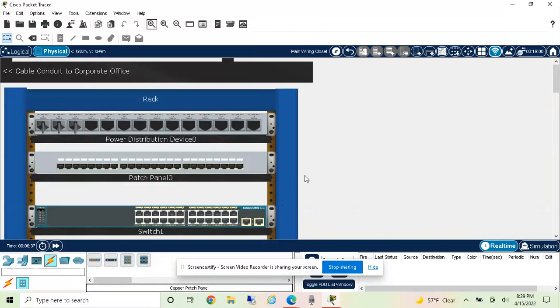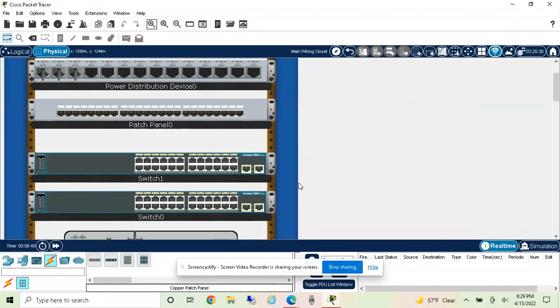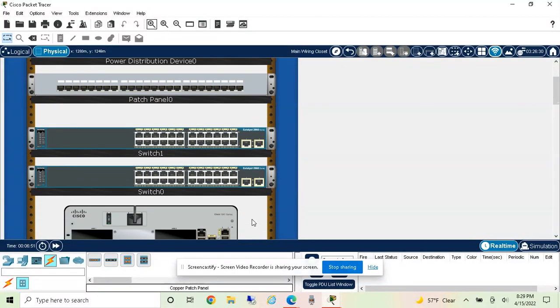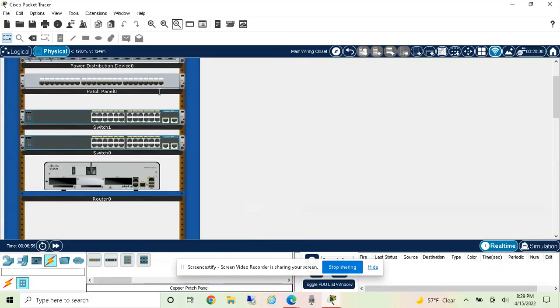That's what Packet Tracer is. It's a simulation of what you would have in real life. The logical view doesn't really allow you to do much of this type of interaction, but that is why we're using the physical view. Okay, so the patch panel